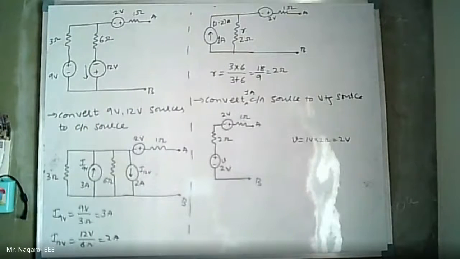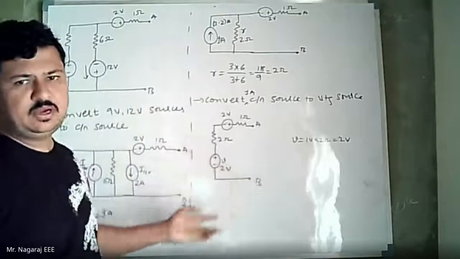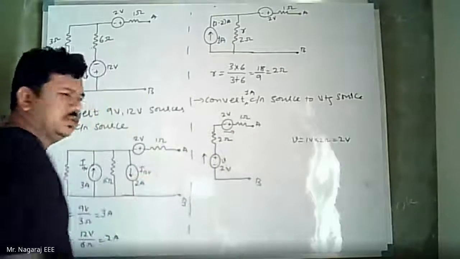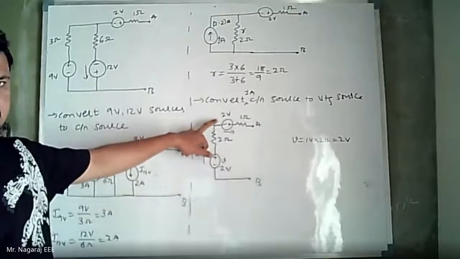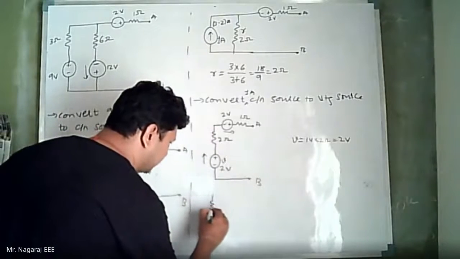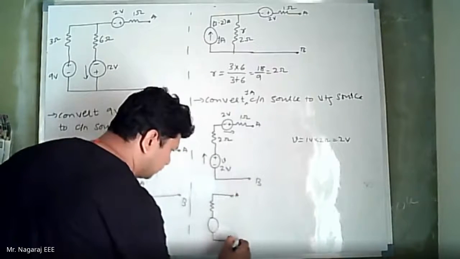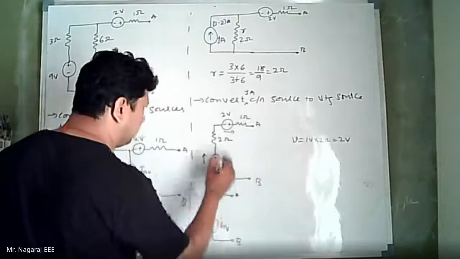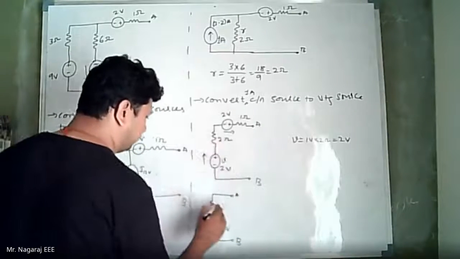Okay. So now observe, this 2 volt 2 ohm is in series with 2 volt 1 ohm. Equivalently, I can get the voltage source. The direction of both of the sources is the same. The plus of the 2 volt source is connected to the minus of the next 2 volt source. So therefore they will add up. Okay. So between A and B, plus minus, it is 4 volts, and resistance is, sorry, 3 ohms. 2 ohms and 1 ohm.